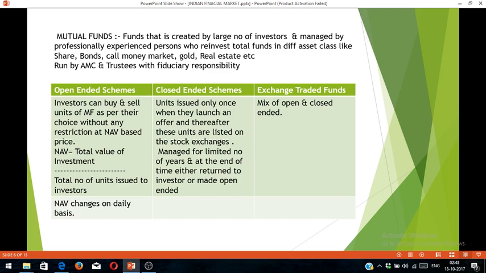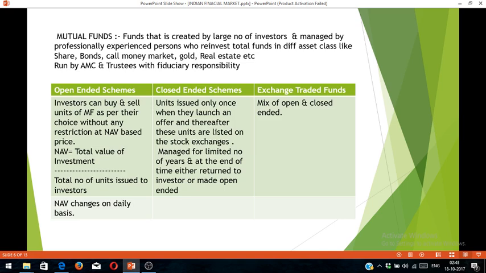That 25,000 you can keep in your savings account. You can make it a fixed deposit. You can invest it in NSC or some other purpose, or you can invest in open-ended mutual funds. If you invest in an open-ended scheme, there is no time restriction. Whenever you have excess funds, you can invest. It means the investor has no time limit. They can invest any time of the year without any restriction,